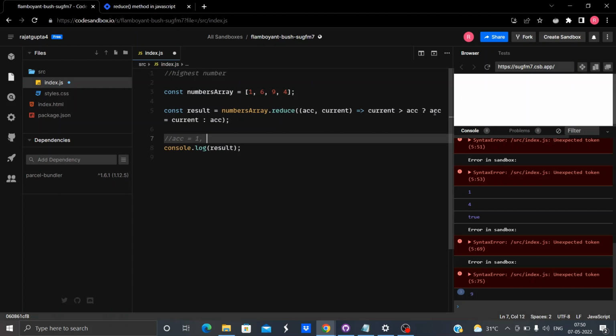If it is, then make the accumulator equal to 9, otherwise return accumulator as it is. So accumulator will be 9. Now for the next iteration, current will be 4. Is 4 greater than 9? No, it's not, so return accumulator as it is. So 9 will be returned as it is. I hope you understand this.